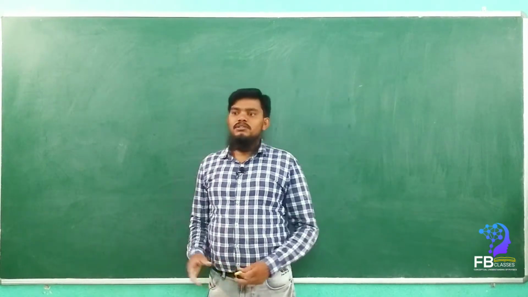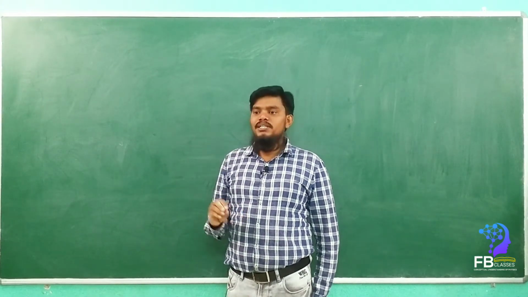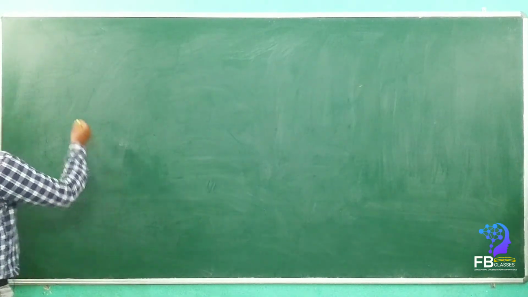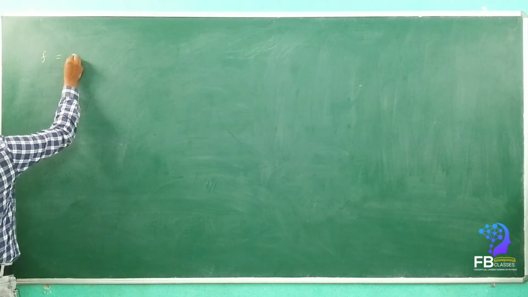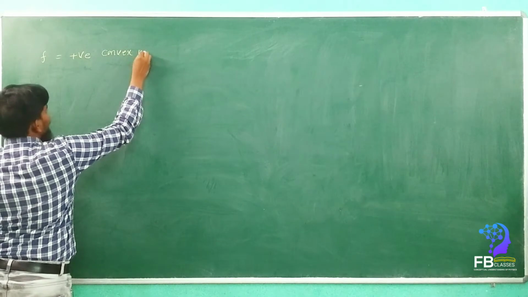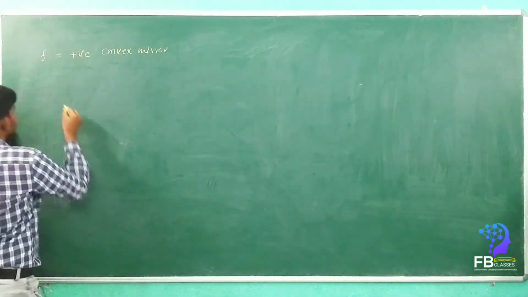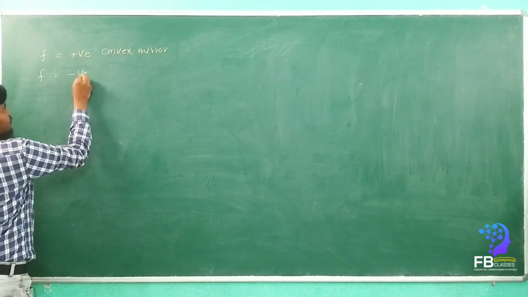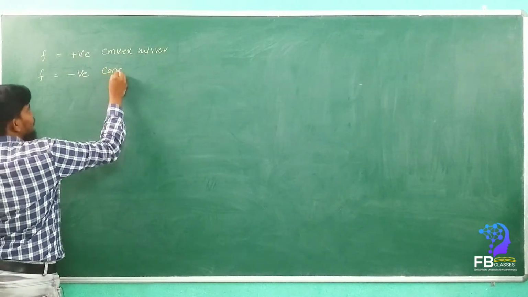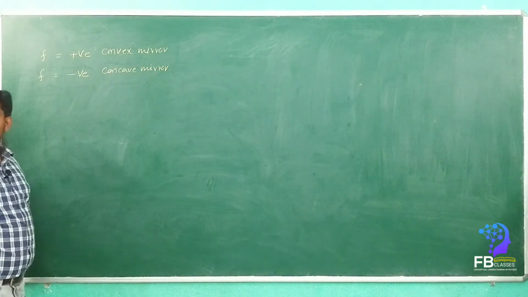See here, from all this conceptual understanding of the cases of concave and convex mirrors, there are some common points we have to remember. What is that common point? See here, F is positive for the convex mirror, yes or no? So F is always positive for the convex mirror. Very good. In the same manner, F is negative for which mirror, my dears? Very good, it is the concave mirror. For the concave mirror, F is always negative.